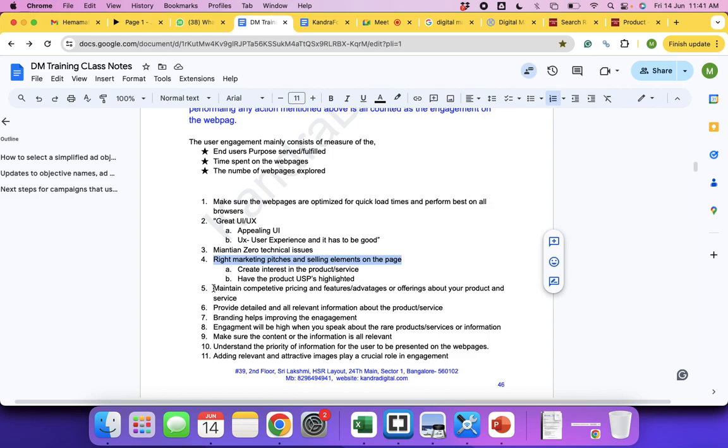Make sure the content or the information is all relevant. Understand the priority of information on the web page for the users. For example, somebody is looking for the price of a digital marketing course. So when they land on the web page, you have to speak about the price. Instead, if you start speaking about what is digital marketing, what is the spelling of digital marketing, who first started digital marketing, how did it evolve?